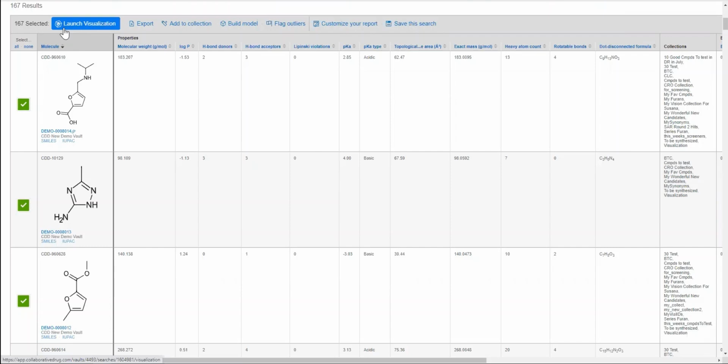Welcome to the CDD Vault Visualization Module Feature Tour. The CDD Vault informatics platform includes a powerful data visualization tool, which allows you to more easily draw conclusions on